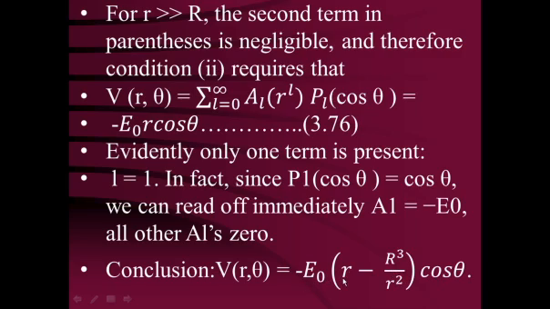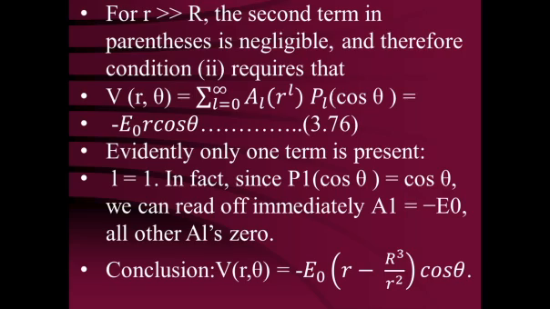Minus E0 R cos theta, that already we know is the potential provided because of the external electric field. At very large distance, where R is greater than the sphere radius, this potential is not going to be affected. That is the potential due to the external field. And the second term, E0 R cube upon R square cos theta, is the potential which is going to be induced due to the induced electric field.